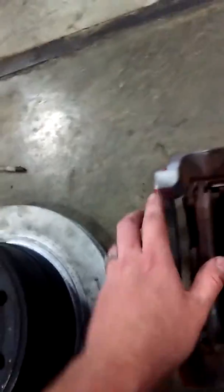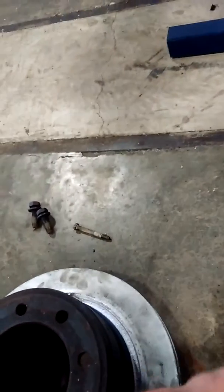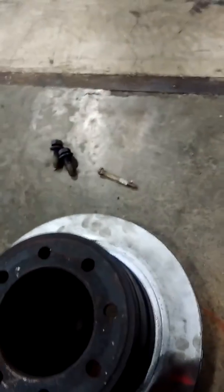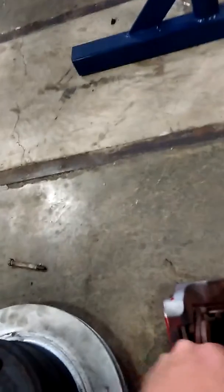So, of course, with your brake pads, what you want to look for is damage. You want to look for them cracking. You don't want them dry rotting. All that good stuff. Feel them. Make sure they feel even all the way across. Of course, there's a brake tool that you could be using to measure that. I don't have one on me, but the next thing you're going to look at is your brake calipers,